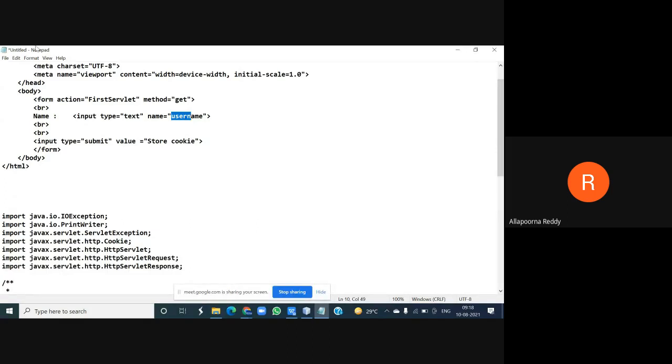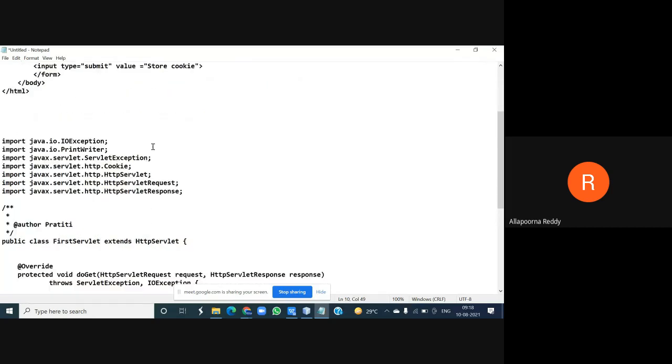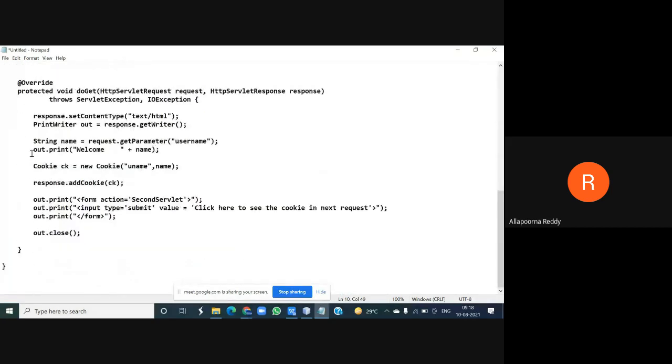Yes, it is storing your cookie. This is the purpose of it. Then, when you generate your name with a variable called name, you get the parameter, whatever you have given, by using the method called getParameter of your username. Then that is shown on your screen as output.println welcome user, whatever value you provided for the user will be output.